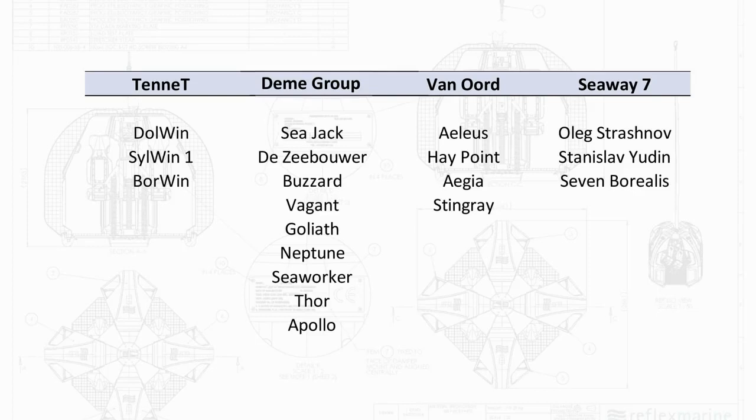With Tenet, they are using 3 types of our products. So they have the old Frog range, the original Frog range, they have the Frog XD range, and they have Stormwork baskets, so work baskets. Deme Group also has the original Frog range units, the new Frog XD range, and they have been renting as well different products, including